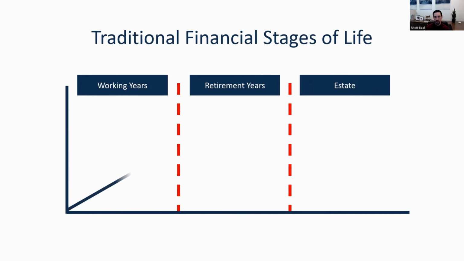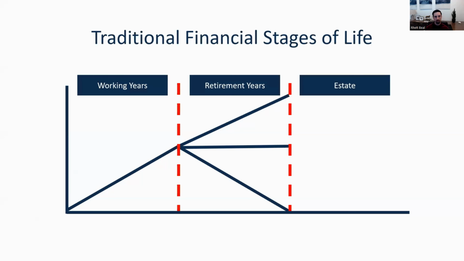And during our working years, right, it's designed to pay for bills, do things that we really enjoy, and then accumulate enough income producing assets to live off of during our retirement years, right? And depending upon our means and our expenses, we traditionally have three scenarios that can happen in retirement. One, our asset base can continue growing. That's great. Second, our asset base can remain stable and flat, where the income produced off of it pays for all of our expenses. And then lastly, we spend down that asset base throughout our lifetime. And then whatever goes into the estate